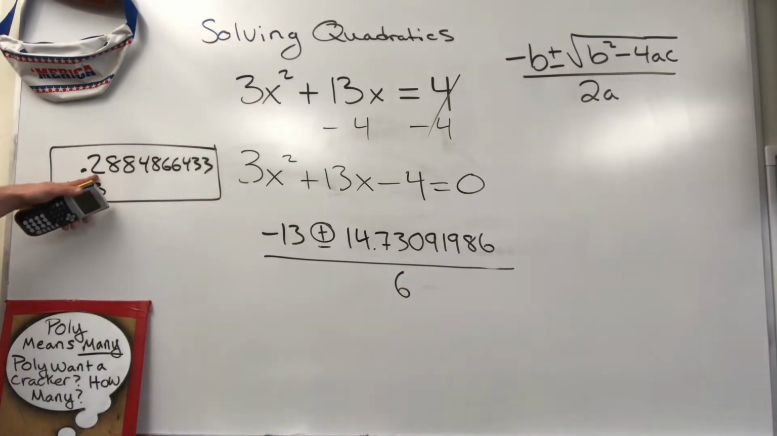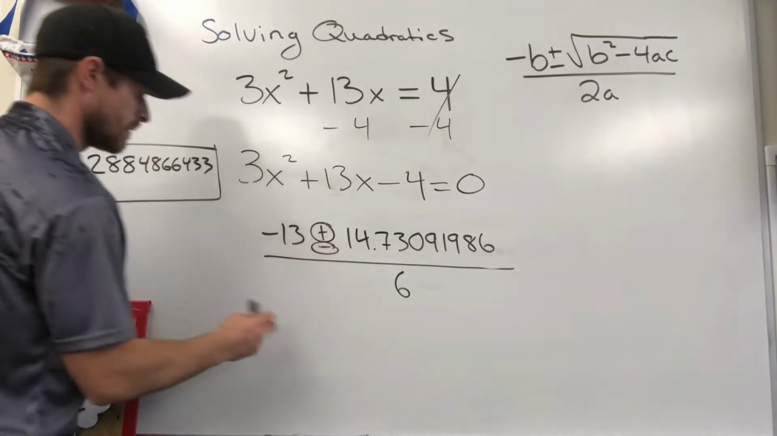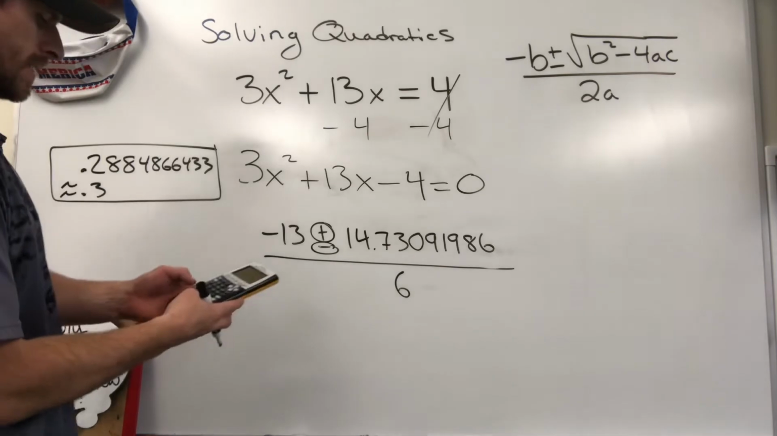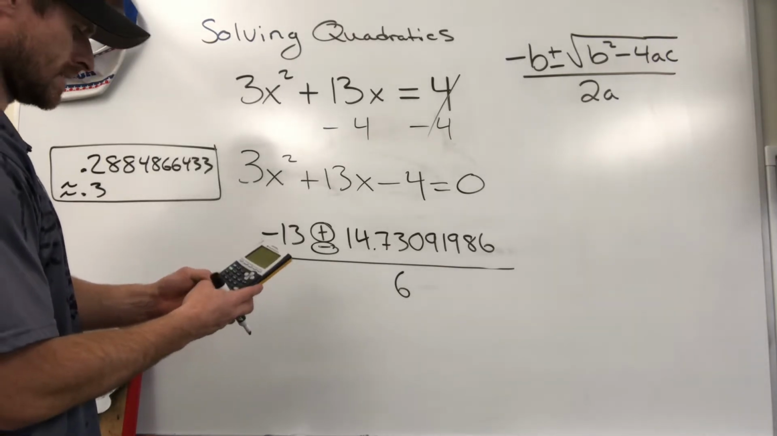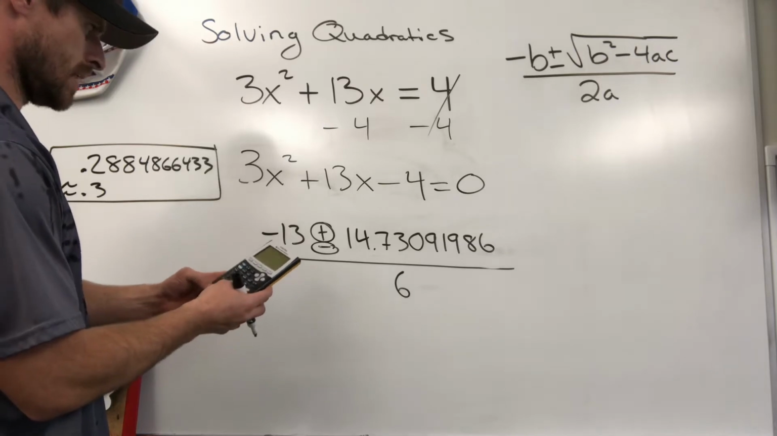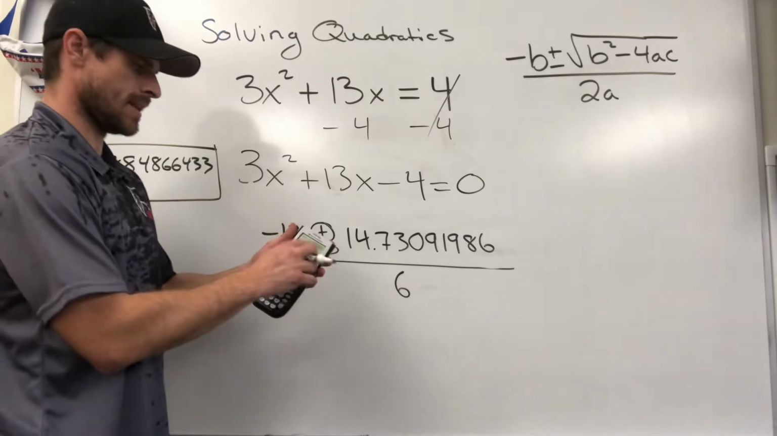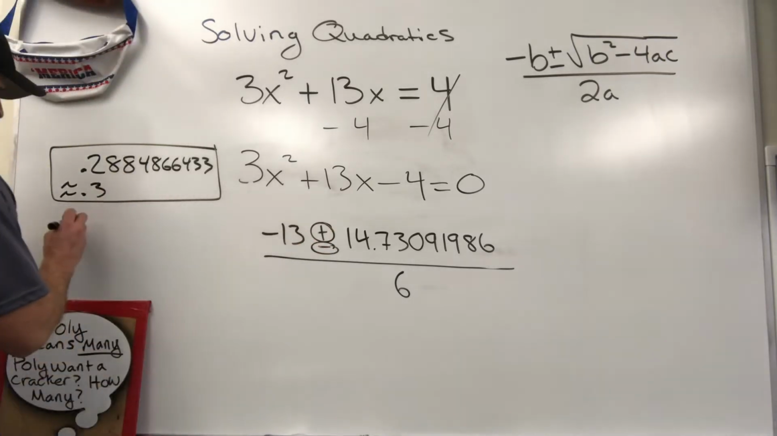If they're asking you to round to the nearest hundredth, it's 0.29, or 29 hundredths. Let's get the second answer. The second answer is going to come from using the subtraction symbol. Negative 13 minus 14.73091986. Enter. Take that number, divide it by 6, and we get negative